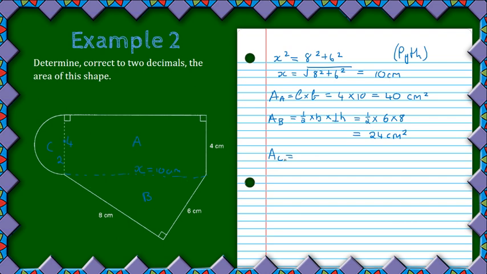So, also note that this circle is half a circle. How are we going to find the area of half a circle? We simply say half times the area of a circle, which is pi r squared. Alright, so substituting in our values, we have pi, our radius is 2, and then squared, and then calculating that,